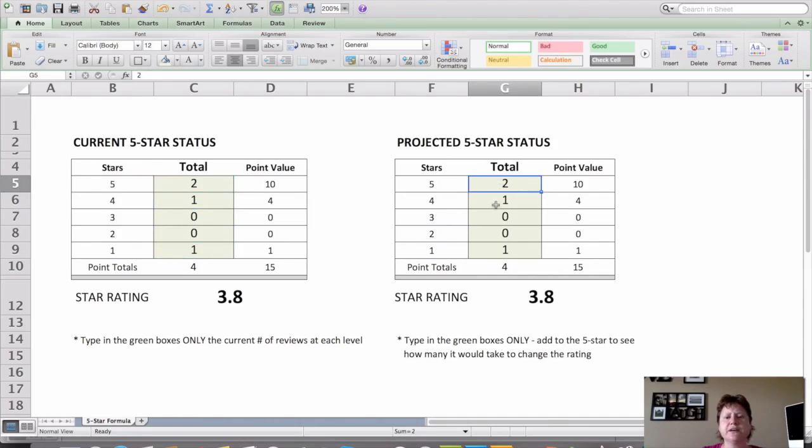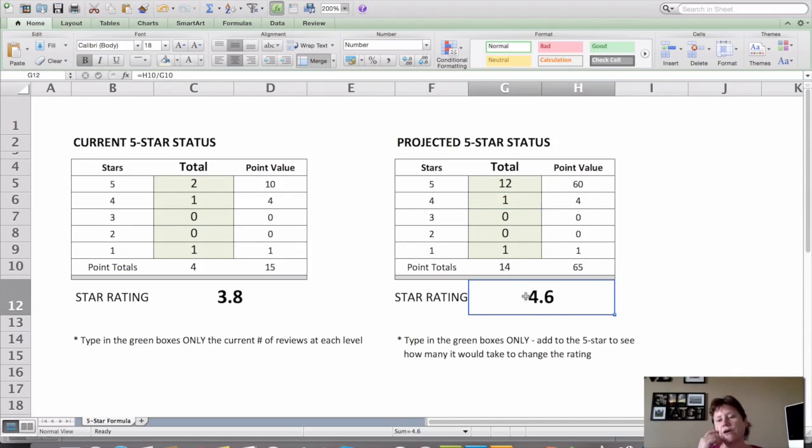Say, okay, if they have 2 5 stars, 1 4-star, and 1 1-star, what would happen if all I got for them was 10 more 5-star reviews? So I'm going to make this a total of 12. And you'll see they go from a 3.8 to a 4.6. So in other words, to move them from a 3.8 to a 4.6, I have to get them 10 5-star